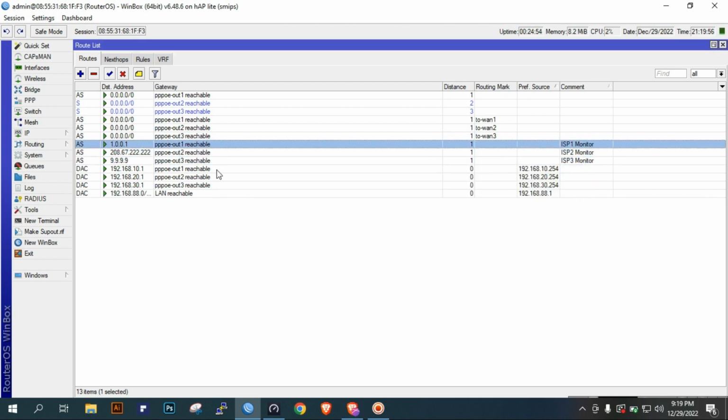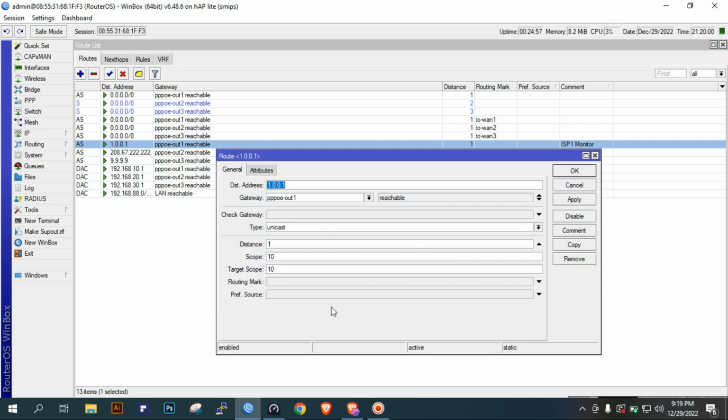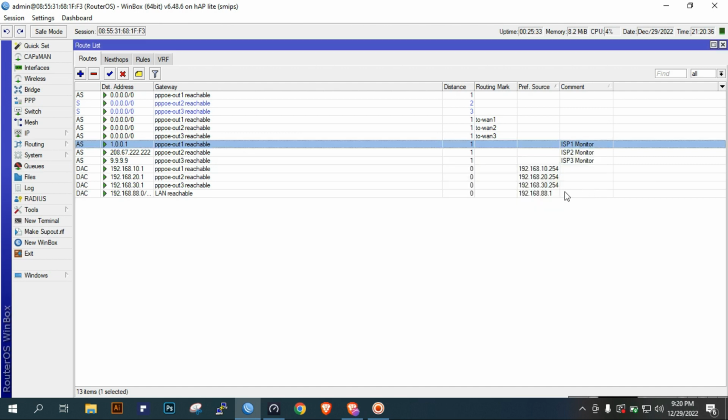so that the router will monitor if our respective internet really has internet. Because there are times if your modem provided by your ISP is in router mode connection, the one that you will get is the private IP of that modem. Therefore, it is always up if you don't turn off the modem. But if that private IP coming from your modem has no internet, then your Mikrotik will treat that as a live connection. That's why we need to